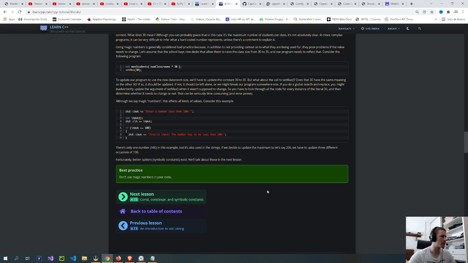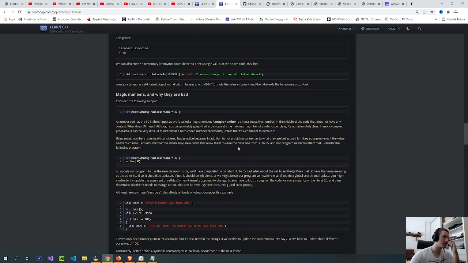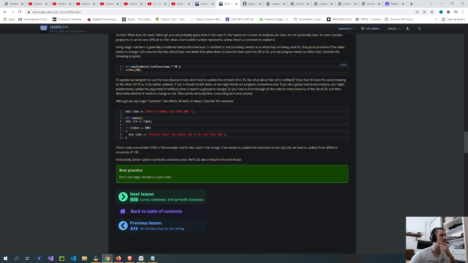Fortunately, better options, symbolic constants, exist. We'll talk about those in the next class. So, why not put this into a variable though? Make this equal to a variable. Oh, but it is equal to a variable here, which is max student. Not sure I completely understand that, but